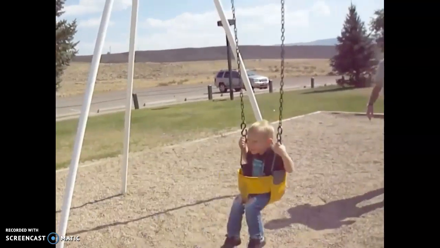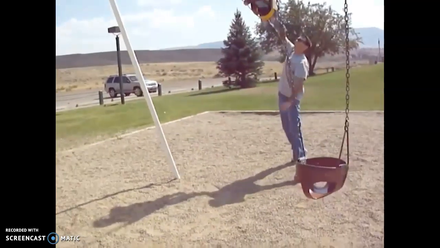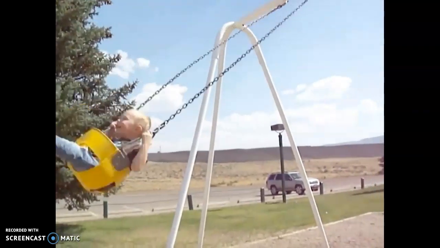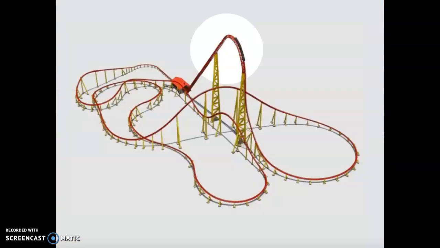See, this dad is pushing on his son each time the swing comes back. And so this little guy is getting extra energy from his dad's pushes, making him actually go higher and higher with every swing. So to sum things up, a roller coaster gets all its energy from that first big hill. The energy stored from going up that big hill is what gets the roller coaster all the way to the end of the ride. If you made the